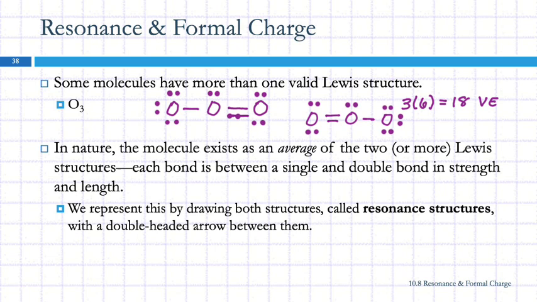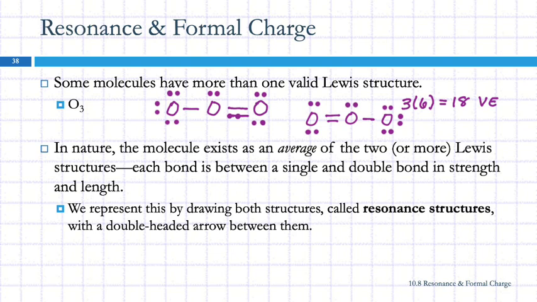So in nature, the way this molecule actually exists is it's like an average of these 2 molecules. It's neither one or the other. So the Lewis structure can't handle this, Lewis model. And so what we do is we draw both of the structures,